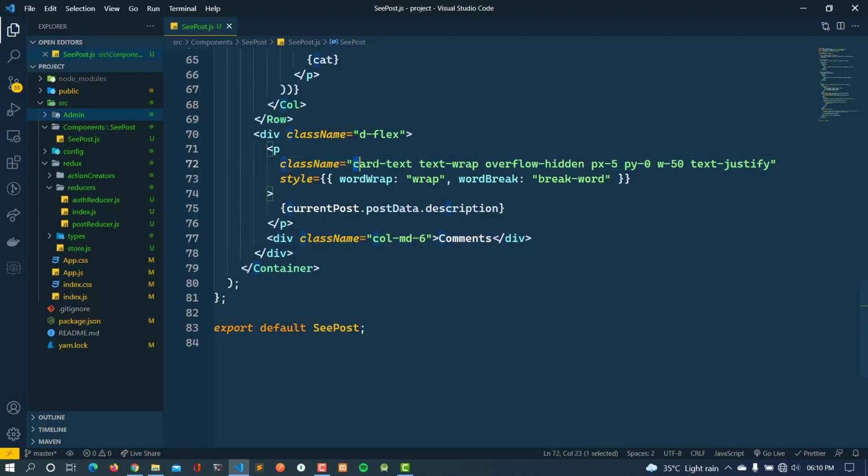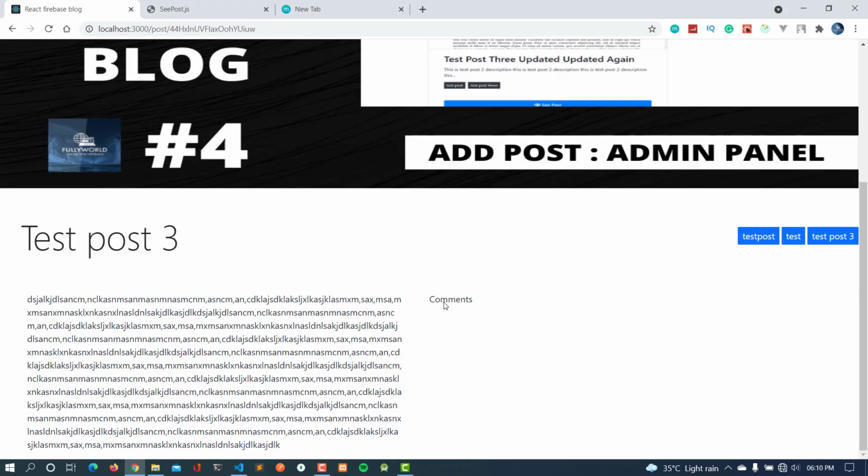And then I have added class as card-text, then text-wrap to wrap the text here, and then overflow hidden so that our words will not overflow. And then padding horizontal 5, padding vertical 0, and then width 50%, then text-justify. Then I have added some styles here to wrap the word and to break the word. So that's why we are getting this perfectly.